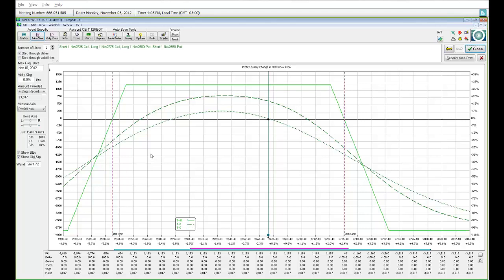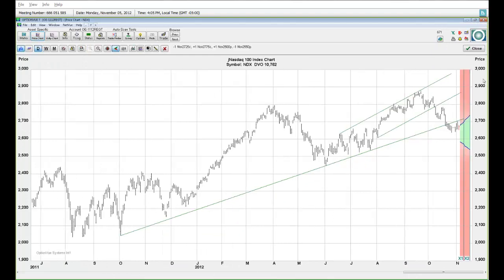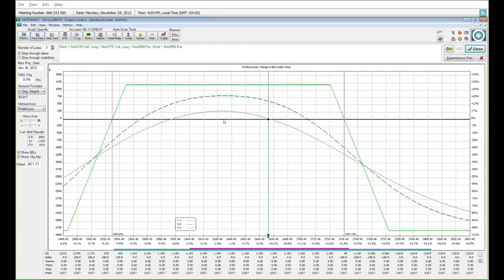Is that a good bet? Well, maybe yes, maybe no. It looks like this. The green area. So, in essence, that's what we do as income traders: we identify where we think the market might be going over a specific period of time, and then we design our strategies to give us a gain in that area over that time.